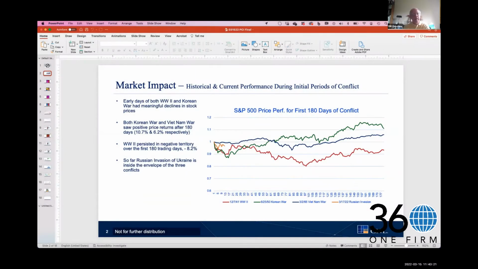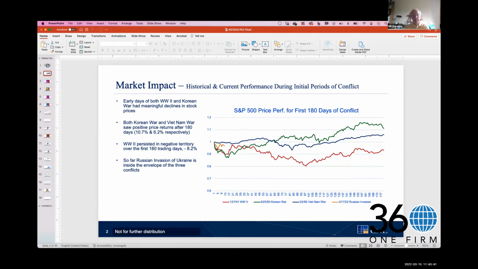Let me go and do a quick survey of this, looking at Russia and Ukraine, their economies, what can be affected, what can be denied through all that. Just to set it a little bit in context, this first slide here shows the first 180 days of price